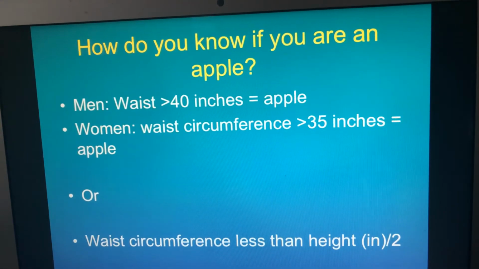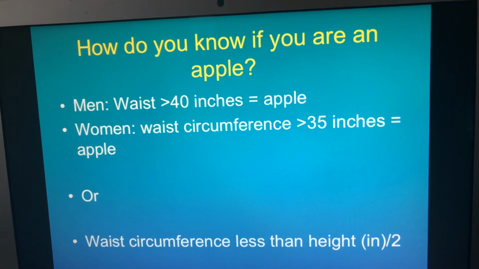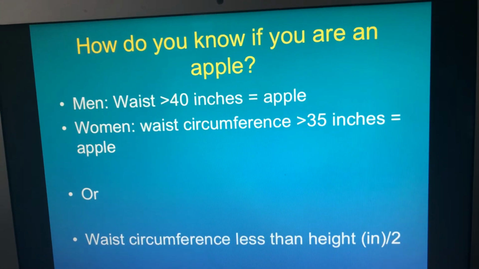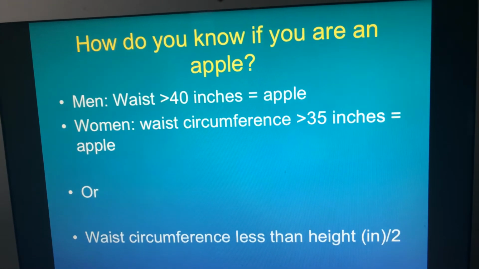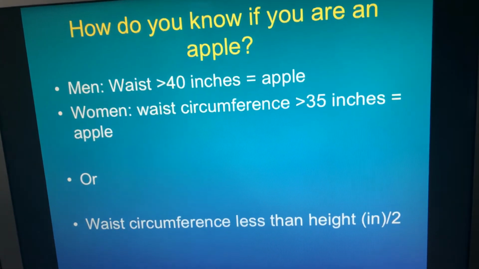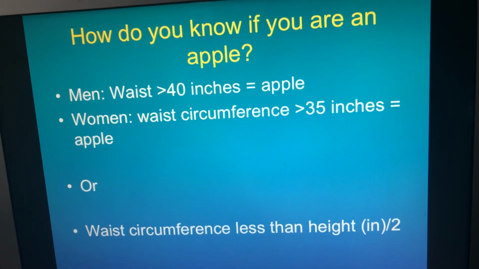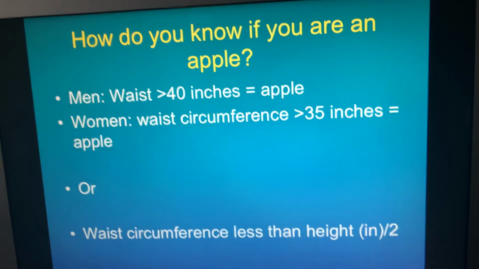For men, if their waist circumference is more than 40 inches, that would mean they have excess abdominal fat and are at increased risk due to excess body fat. For women, if their waist circumference is greater than 35 inches, they're considered to have excess intra-abdominal fat and increased health risk. Some people, because tall people are just bigger than teeny tiny people,